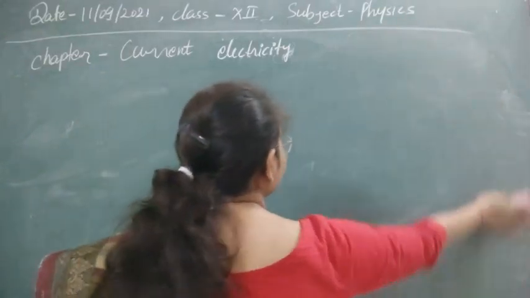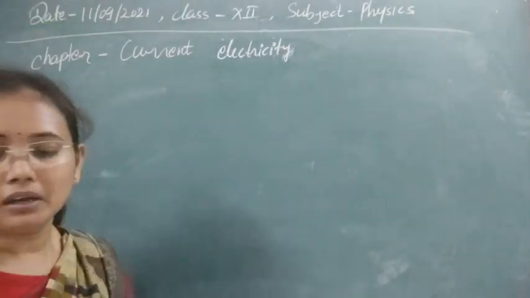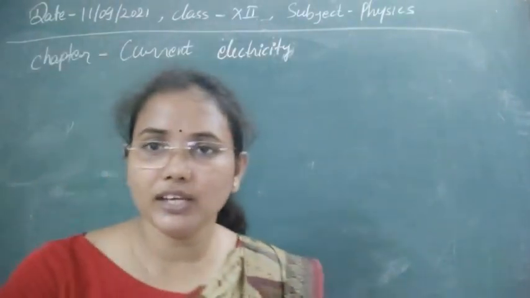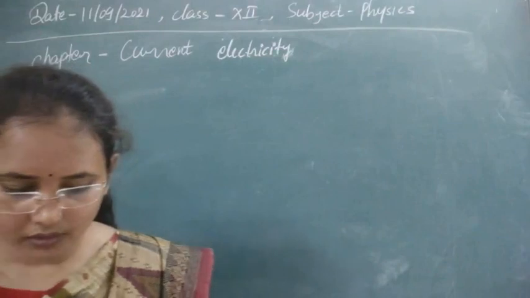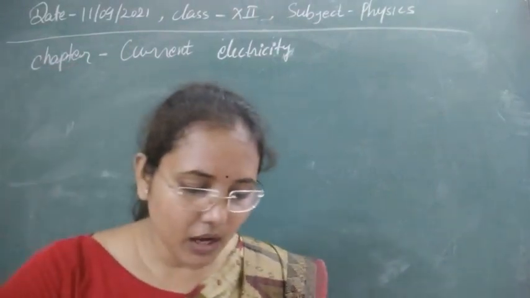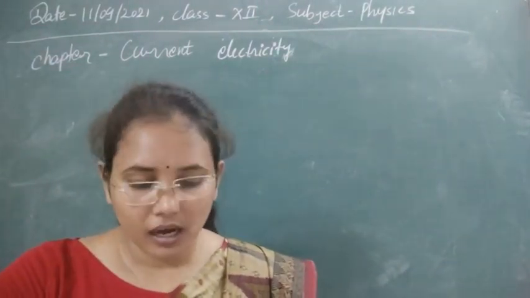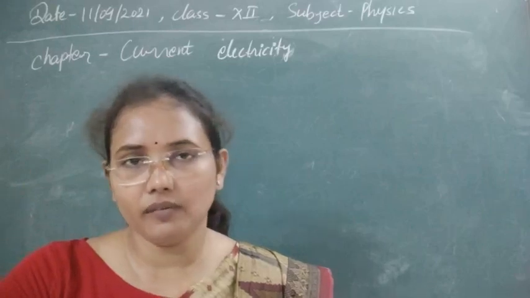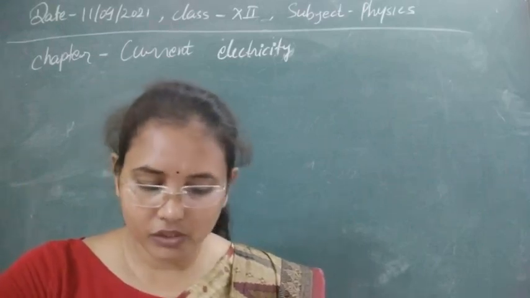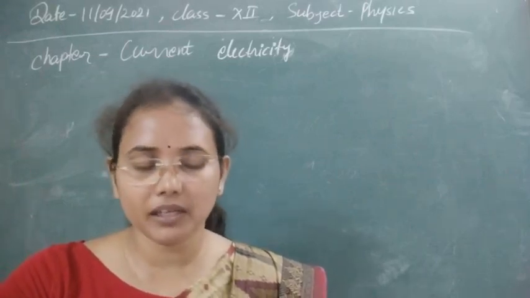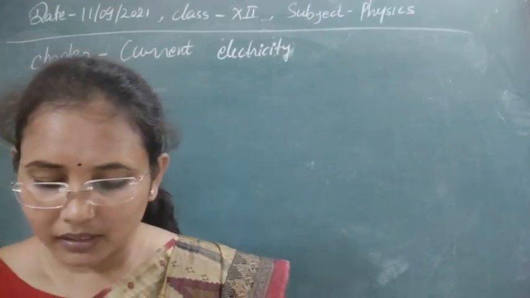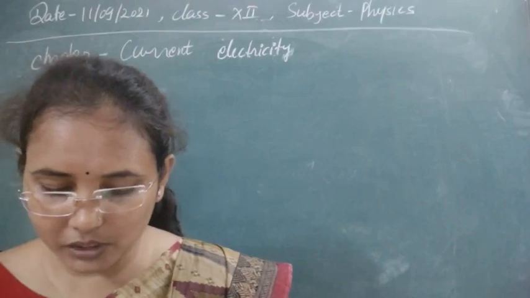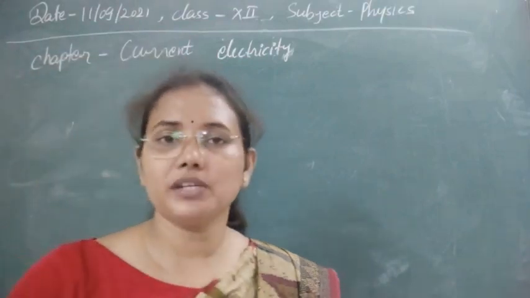So EMU units are used when we have a very small value of resistance. Now the next question is, Kirchhoff's first and second laws are based on the conservation of what? Options are given. First option is energy and charge respectively. Second option is charge and energy respectively. Third option is mass and charge respectively. And fourth option is none of these.